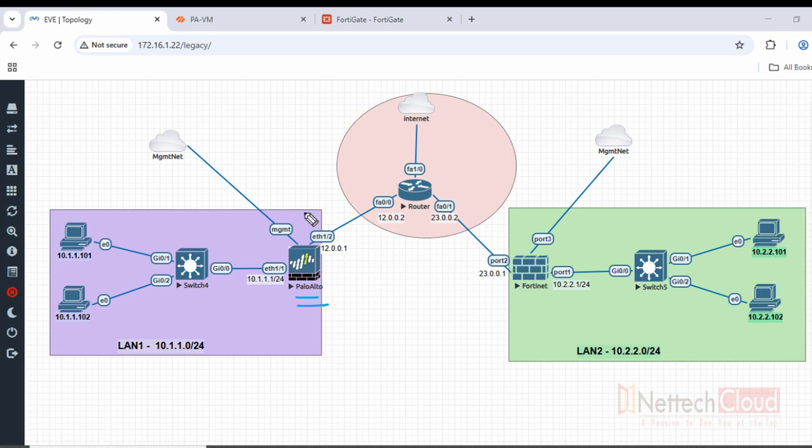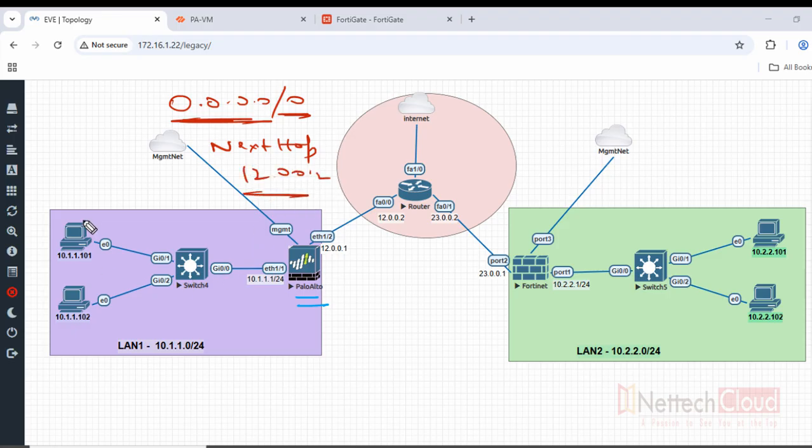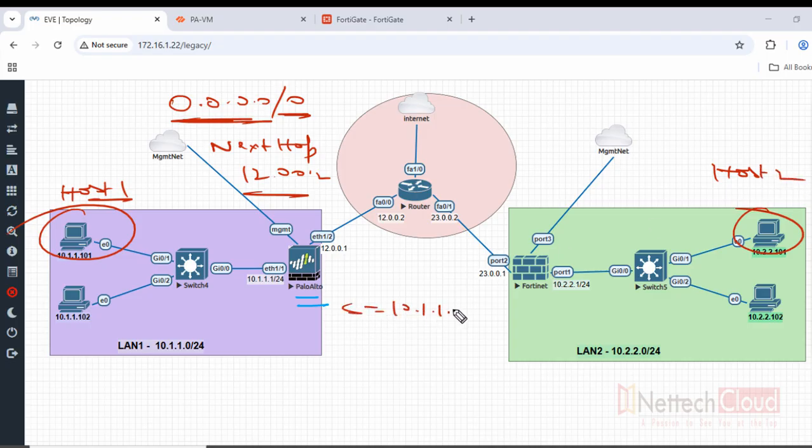The Palo Alto firewall does have a default route, any network, any subnet mask, and next hop 12.0.0.2. So even in case host 1 initiates traffic for host 2, so sourcing 10.1.1.101 and destination address